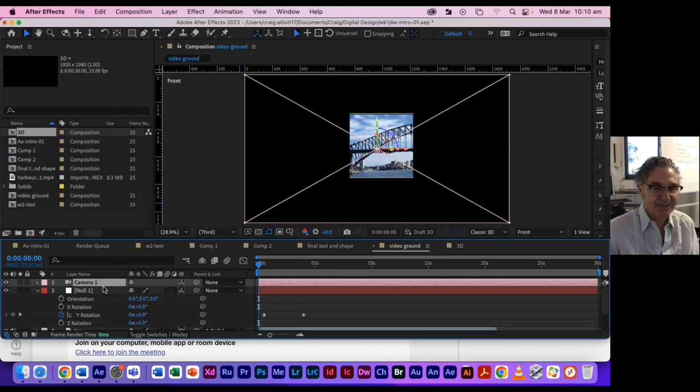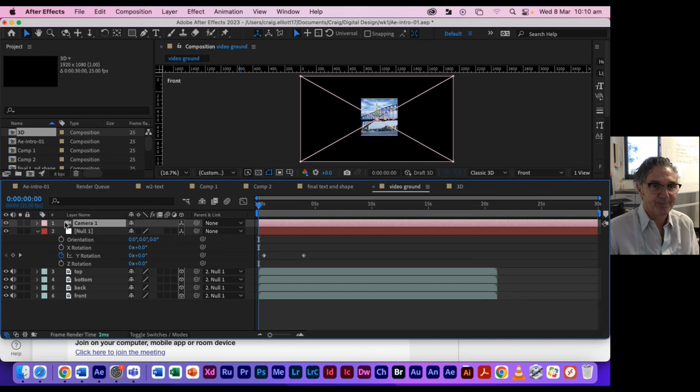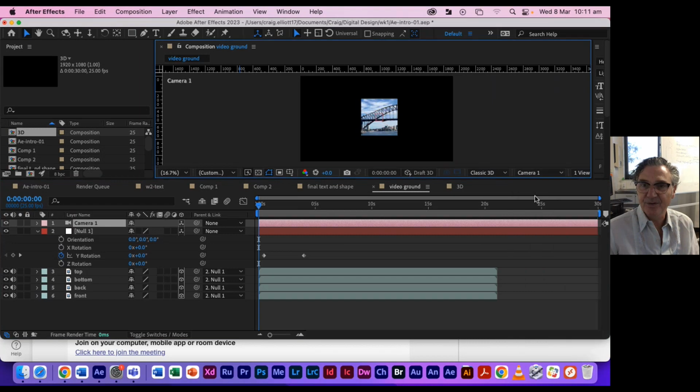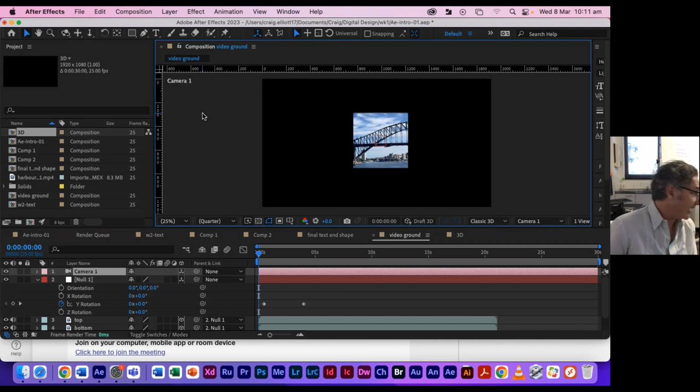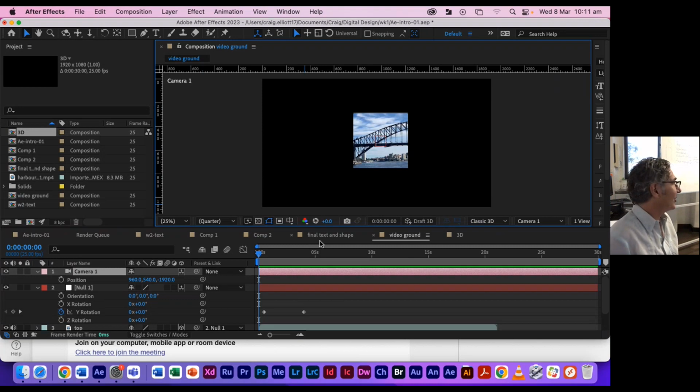Okay, and so now I've created a camera. So I can now view and render through this camera. So the camera has all the attributes of things that we can animate. Position, rotation, okay? Scale not so much. But if I, so X, Y, Z,